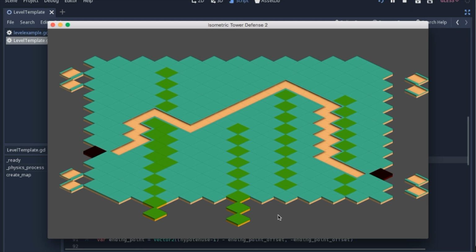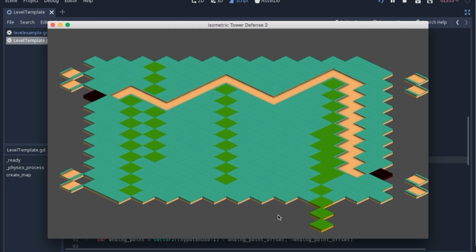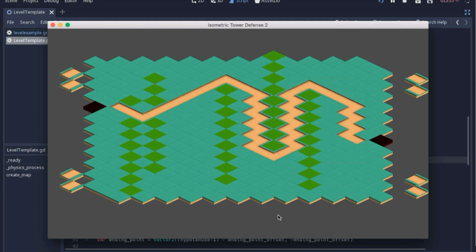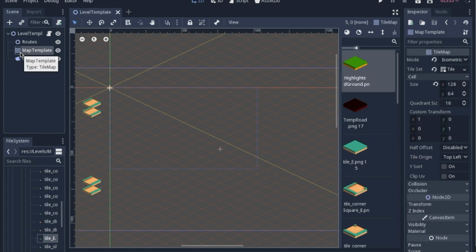So today we're going to go over how to procedurally make an isometric tower defense map using Astar. This is a work in progress still, but there's a lot to cover here, so we're just going to jump right in. So I have a video of an isometric tile map that I've used before, but I've decided that